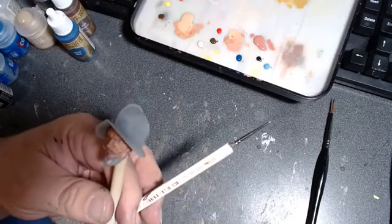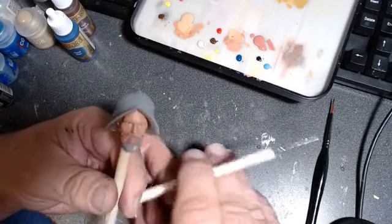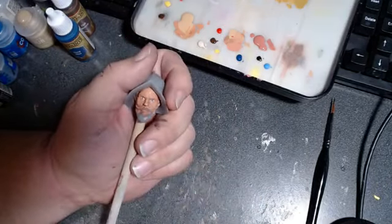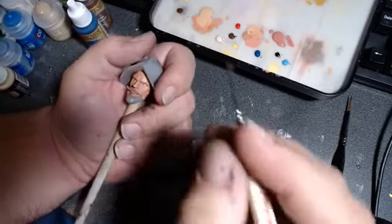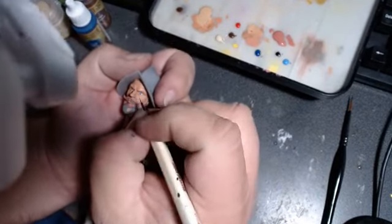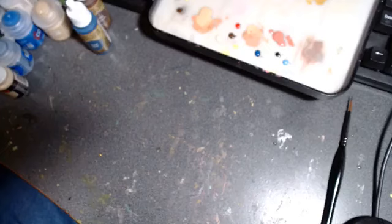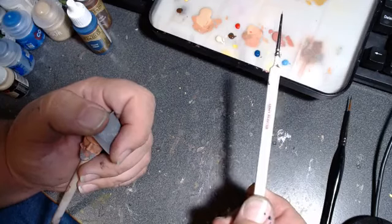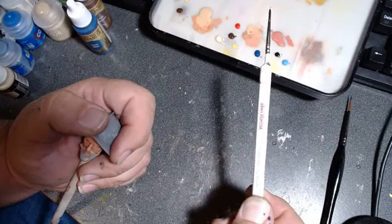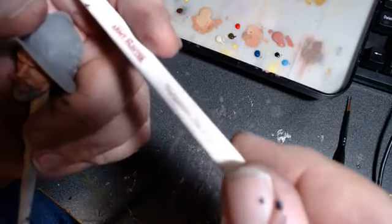Alright, now we're going in for the kill. Anybody starting to appreciate this when you think of when we do an order for Wolf King, or when other painters do that stuff? They paint 20 of the same head, and you gotta do this 20 times. Oh, this is the wrong damn brush. What am I doing? Alright, now I gotta find my brush. If I can't find my brush, I can't do this. Here it is. Another army painter brush. It's called the Psycho. It's pretty tiny. And if you can see, it really is called...